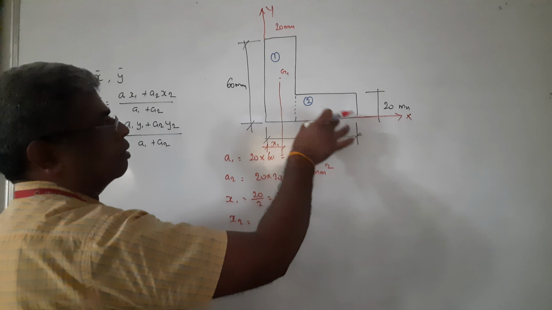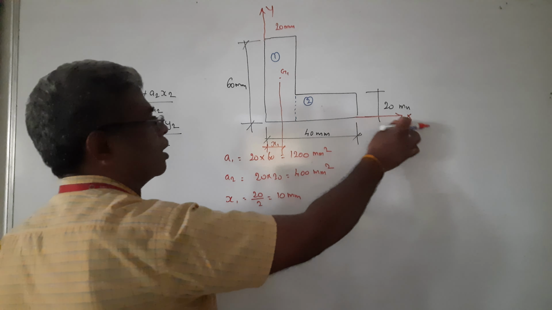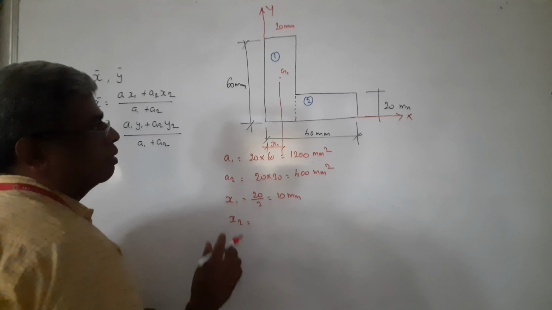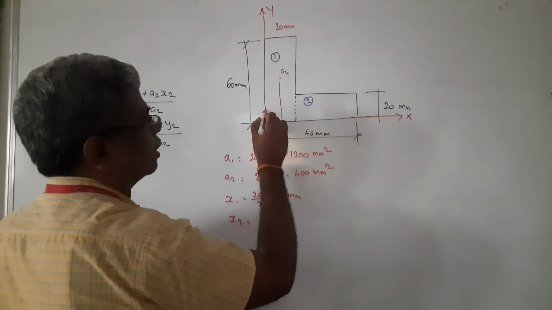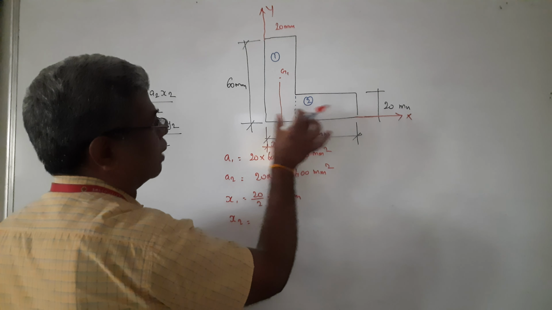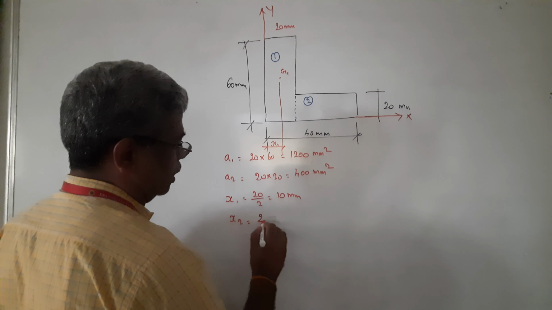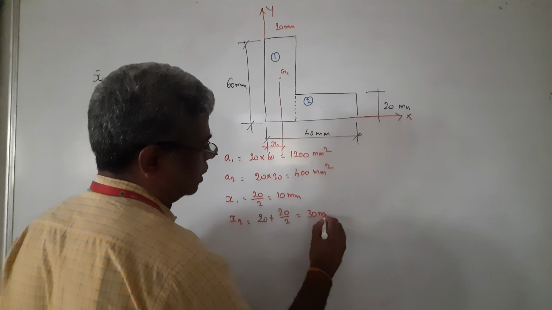Here in this problem, I have assumed the bottommost is the horizontal reference axis and the extreme left edge is considered as the vertical reference axis. So you should read the value from here. Here 20 plus half of this. Again this is 20. So 20 plus 20 by 2, that is equal to 30 millimeter